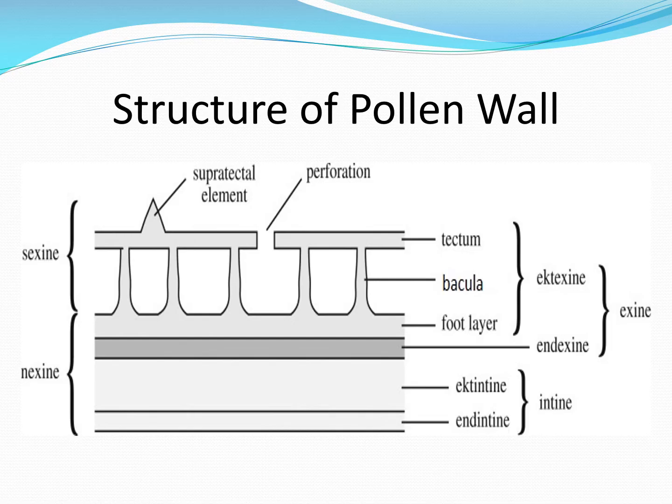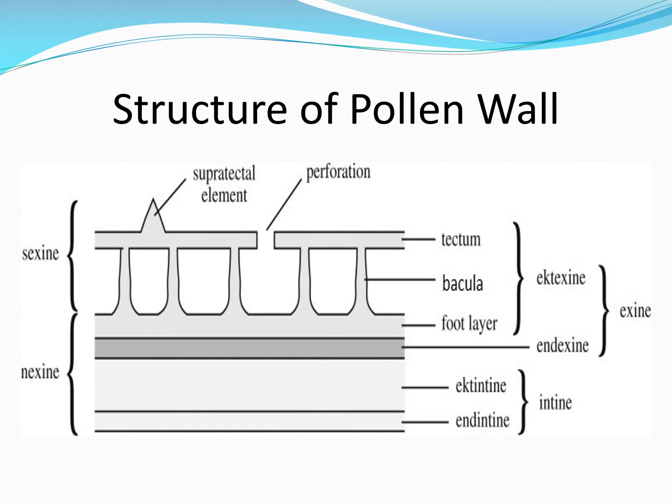Exine is chiefly composed of sporopollenin. It is a substance considered to be an oxidative polymer of carotenoids and or carotenoid esters. It is a tough substance providing resistance to physical and biological decomposition and thus checks natural decay of pollen grains. Preservation of pollen grains during fossilization is due to the substance sporopollenin.